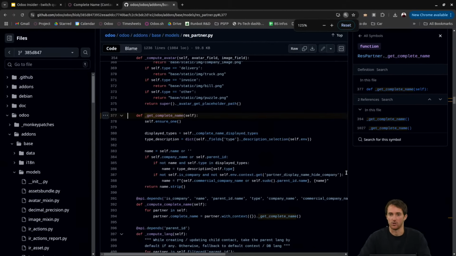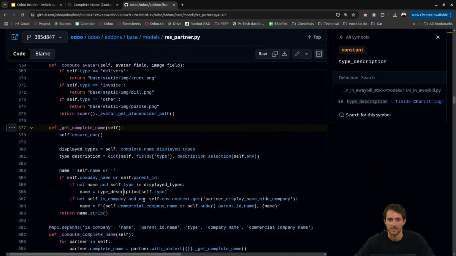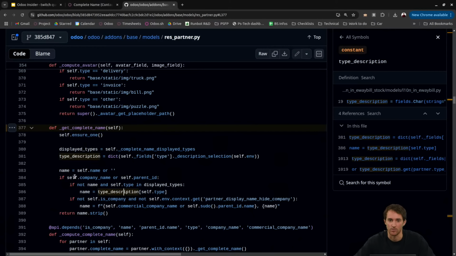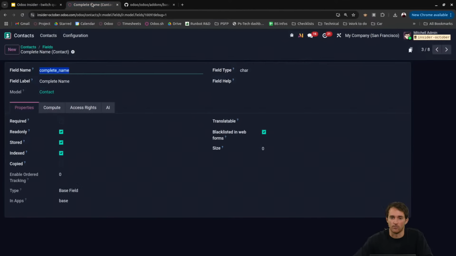And here, let's zoom in a bit again to see what we have. Yes, so here, indeed, if we have a company name or a parent ID, it's probably going to do a bit of concatenation in between both. Well, anyway, what we can see in the code, if we dive into it, is that the complete name is computed, and it's computed based on the name of the person and the company name as well. That's what we can find here. So that's why